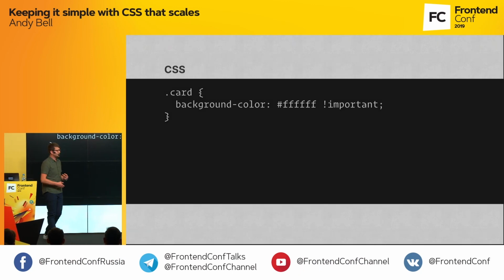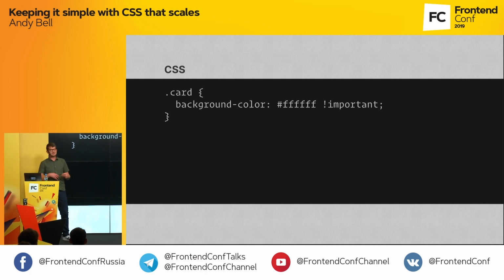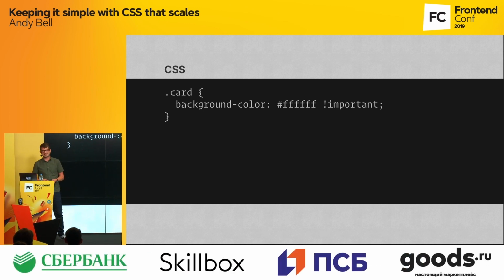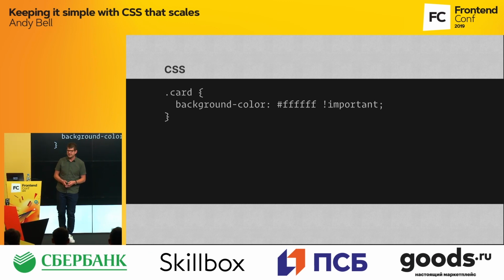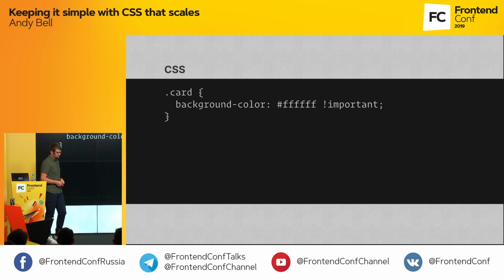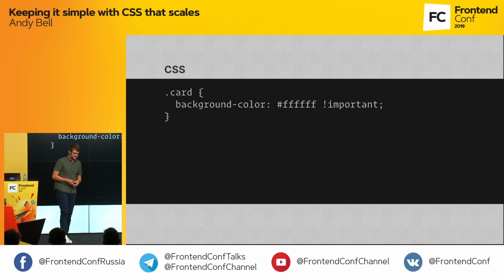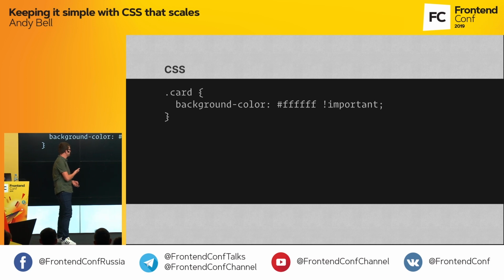And by documentation as well, I don't mean that you have to write reams and reams of technical text in large format documents. I'm talking about just adding basic comments into your code as well. Take this example here. So we've got a normal selector and it's got background color set to white with an important at the end of it. Now, if I just landed on this in a code base, I'd be like, what the hell is going on here? Why have they just added this important?